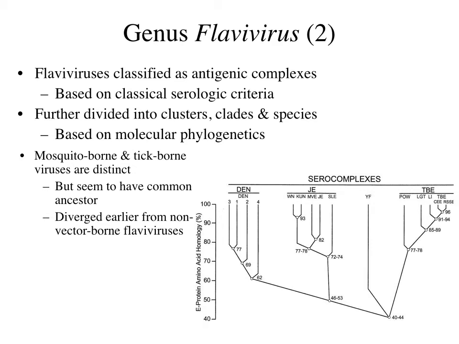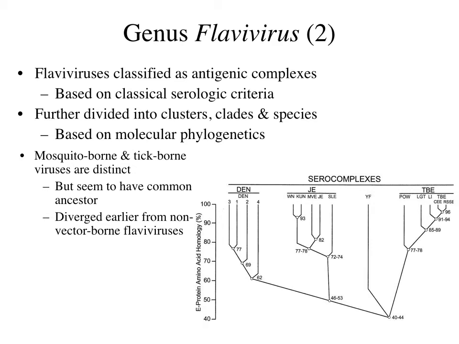The tick-borne viruses also form two distinct groups, one group associated with seabirds and the other, the tick-borne encephalitis complex viruses, associated primarily with rodents. The correlation between epidemiology, disease correlation, and biogeography begins to define the complex evolutionary relationships between the virus, vector, vertebrate host, and ecological niche. So if you look at this tree here on the slide, you have at the far